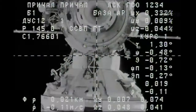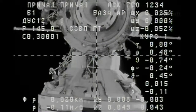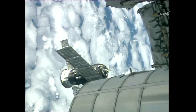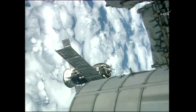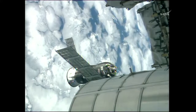Please confirm sending the command. Yes, we confirm we have 2 LEDs. We visually confirm closing the 2 antennas, and we see the roll visually as well. Okay, the roll goes away. Everything is nominal. The target is in the center of the...